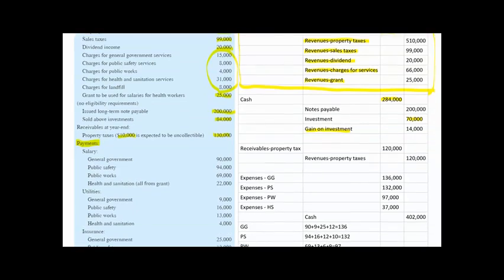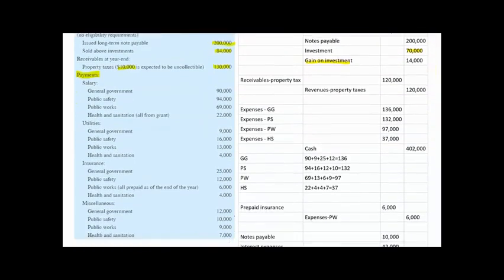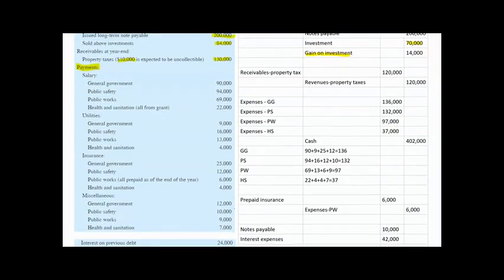And then next, let's move on to the payments. Here under payments, we have the payments for salaries, utilities, insurance, and miscellaneous. And all those payments are related to four functions of this city. One is general government, the second one is public safety, the third one is